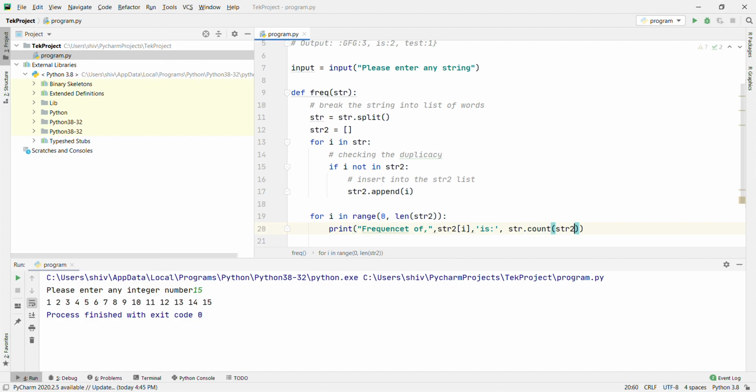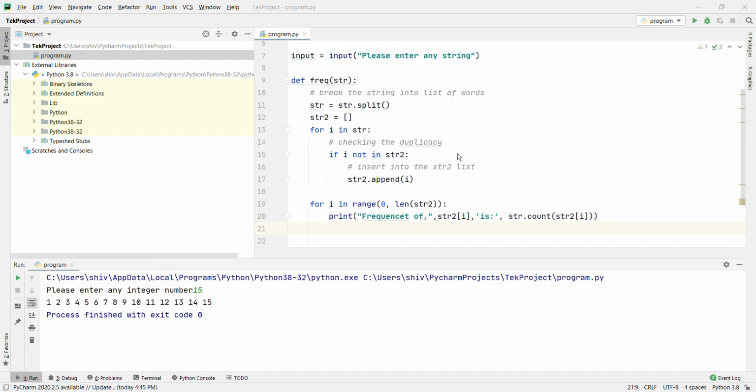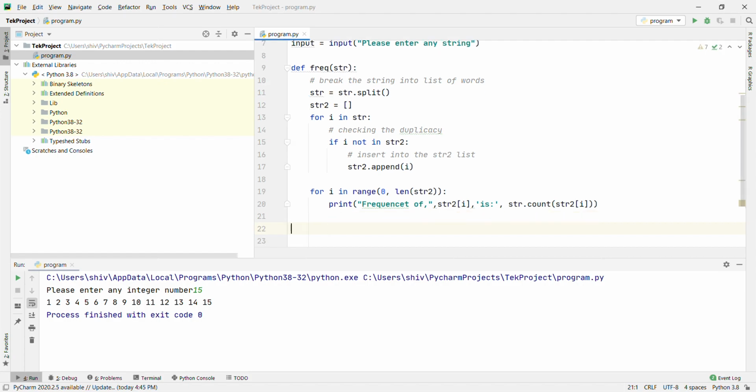We count how many times each particular string appears. Now we call this method frequency with the input parameter.